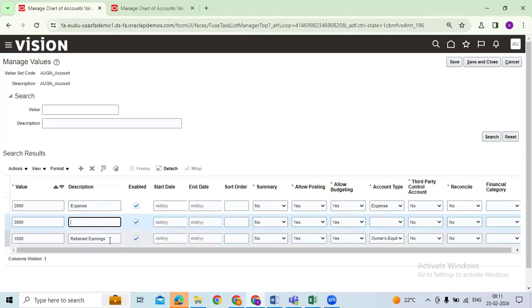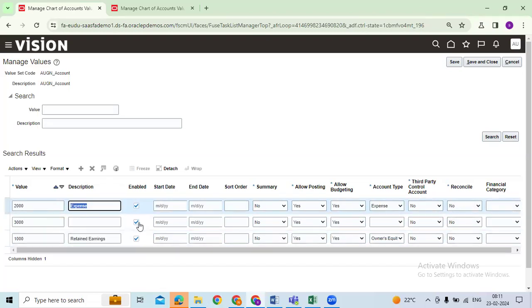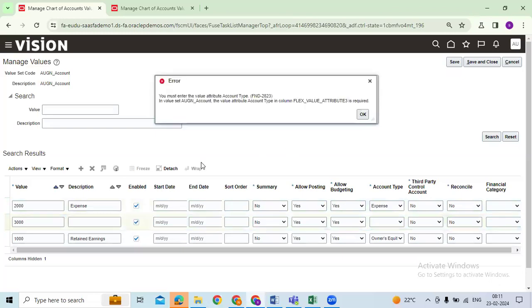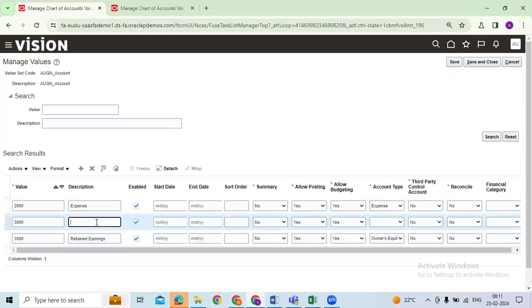Yeah. This is retained earnings account. This is expense account. And you can take some other account, like maybe admin you wanted to take, we can take that. Okay, so let's take an account like cash expense, you can take that. Okay,